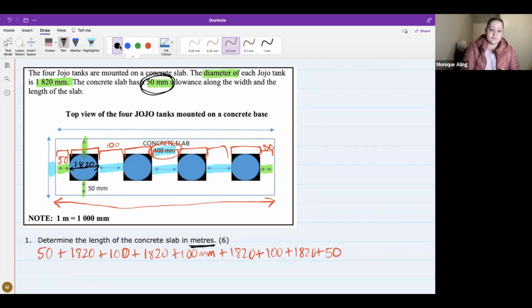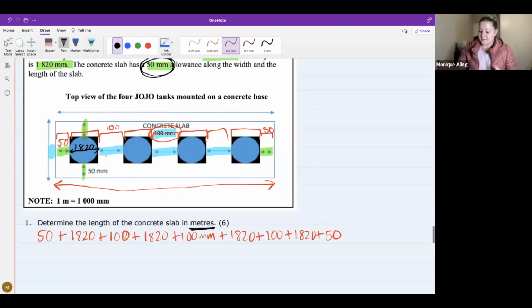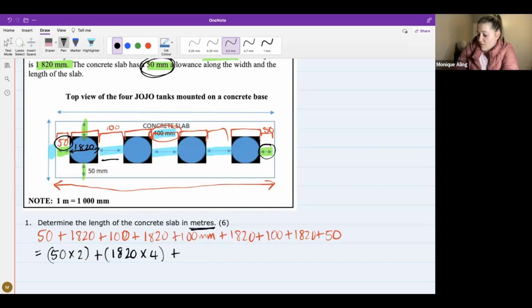You could also write it out by saying 50 times 2, because there are two 50s, plus our cylinder measurement, 1,820 times 4 tanks, plus there are 1, 2, 3 100 mil spaces. Whichever way you do it, you're going to get the same answer. It's going to equal